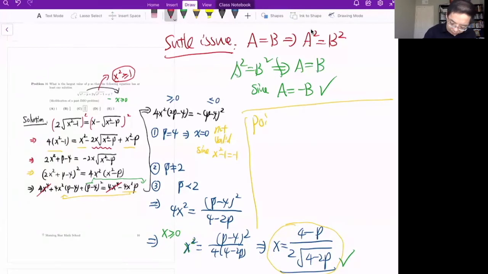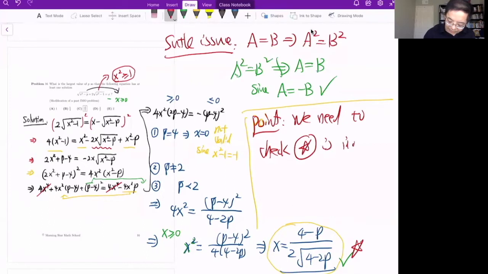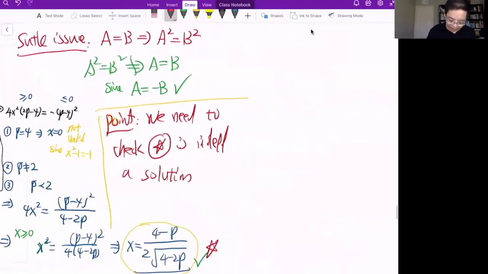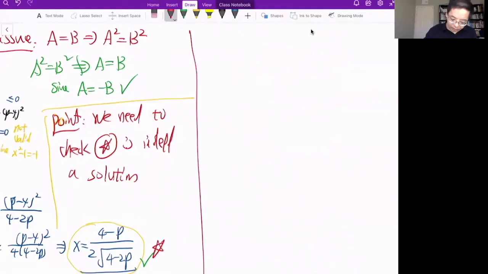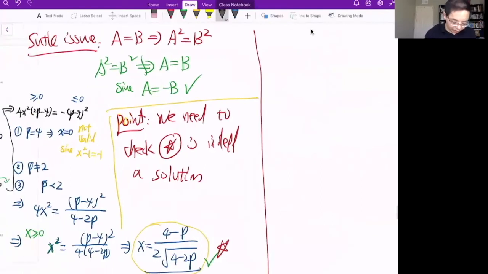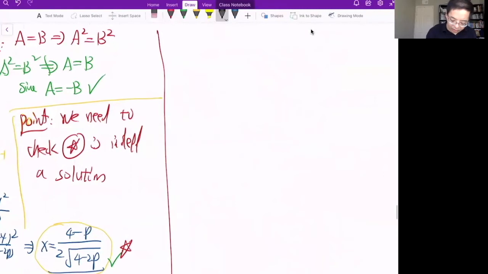Maybe I put red. We need to check that this, let's put a star, is indeed a solution. Check means we just put it back into the expression. So let me move here. Let's recall the equation. The equation is the square root